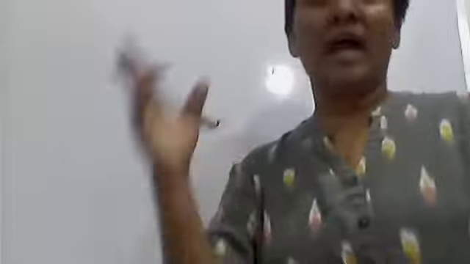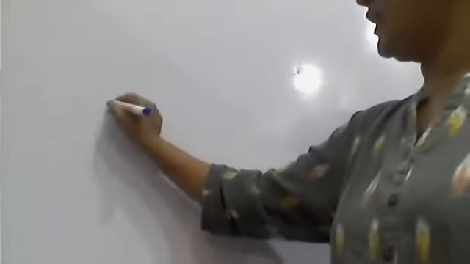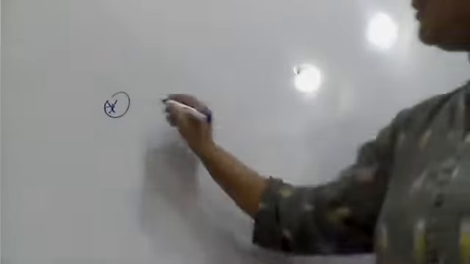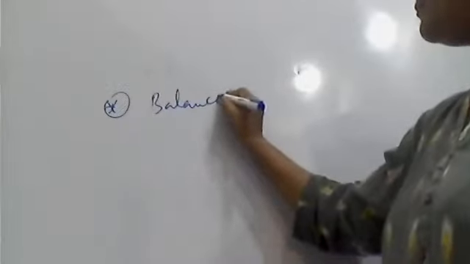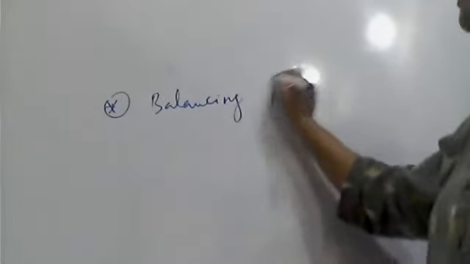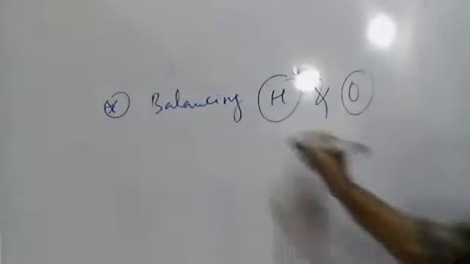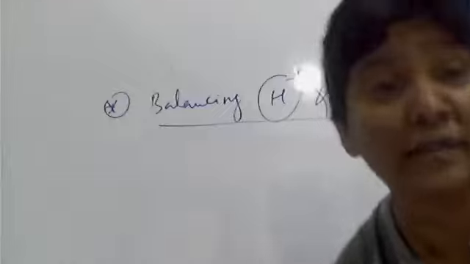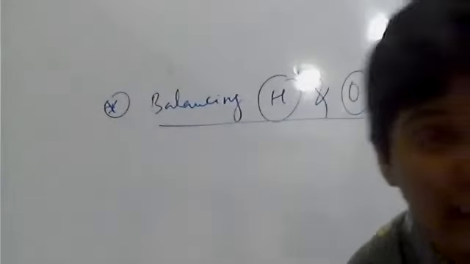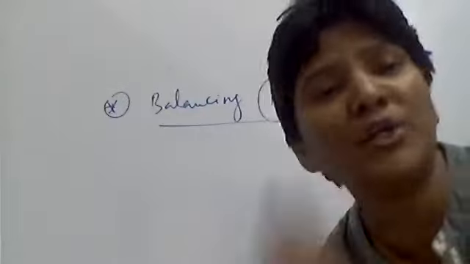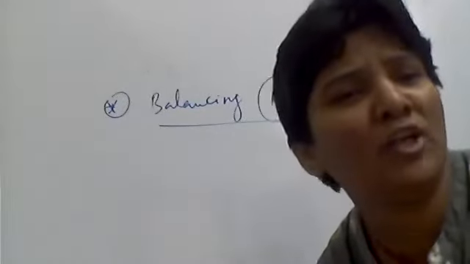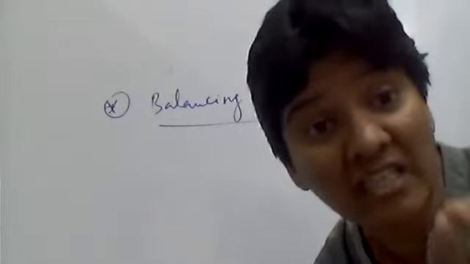Okay, so now the charge is balanced. You learned how to balance the charge. Now learn how to balance the oxygens and hydrogens. See here, very, very important. Balancing hydrogens and oxygens. A reaction can take place in acidic medium, basic medium, or neutral medium. We need not bother about the neutral. We have to think about acidic and basic.